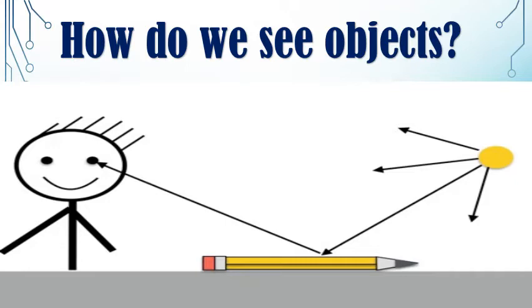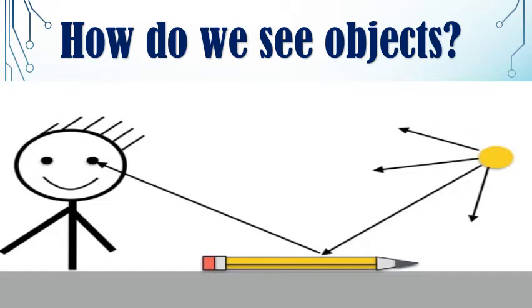Before that, get inside your room at night, turn off all lights, then try to read your favorite book. Can you? Of course not. We need light to see. But why? Light falls on the object, then it reflects or returns back to our eyes so we can see,